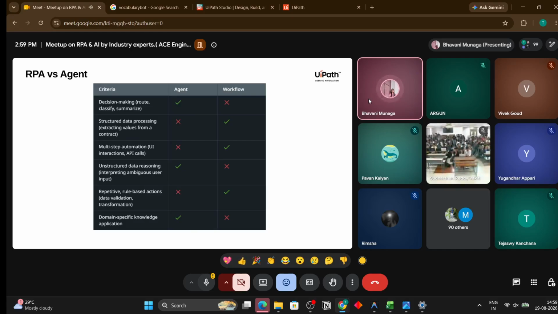If there is a very standardized approach, you can opt for the workflow, and it can give better results. If you have multi-step automation like UI interactions and API calls, then we have to go with the workflow. And if there is any unstructured data handling, you have to go with the agent. These are all the things you have to check before choosing between the agent and the workflow.